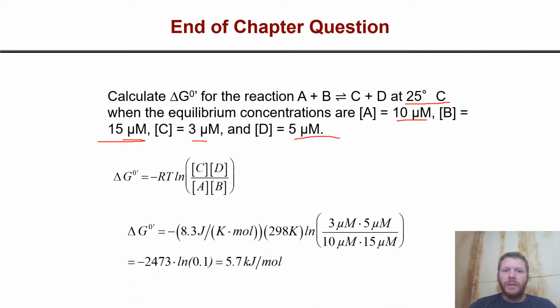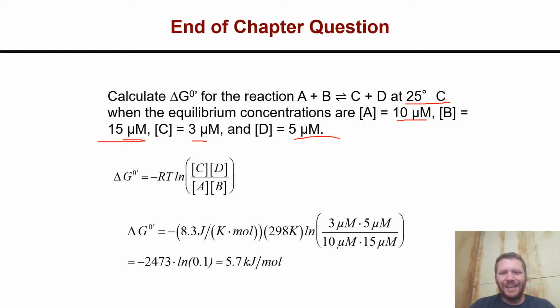Delta G naught prime is equal to negative 8.3 joules per mole Kelvin times our temperature in Kelvin, which is 298, times the natural log of our products divided by our reactants,